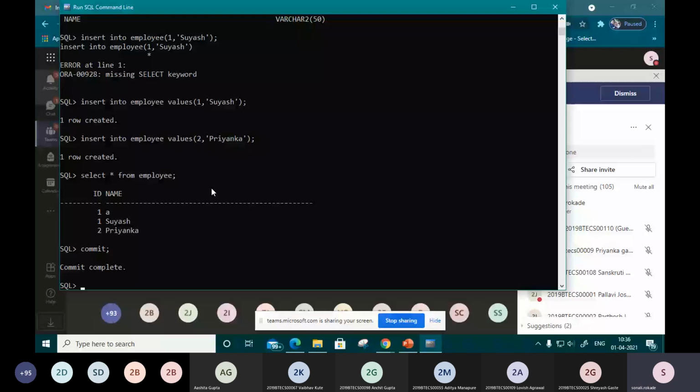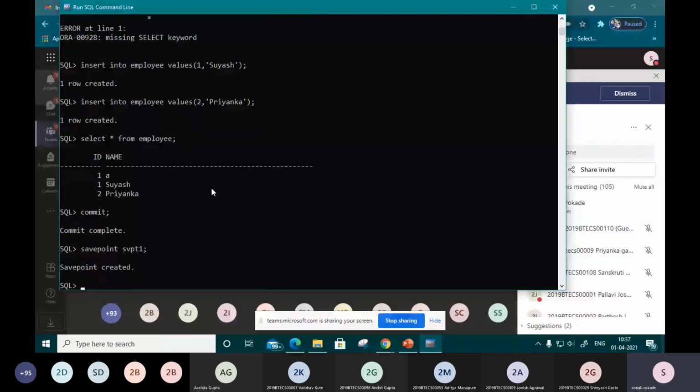Now the second command is savepoint. Okay, so right now for 3 rows I am creating a savepoint with the name svpt1. So the savepoint will get created. When you call this savepoint, it will show that those 3 rows will get displayed.